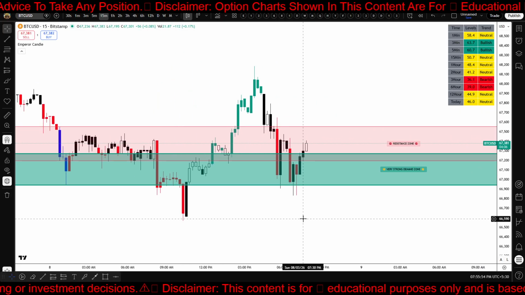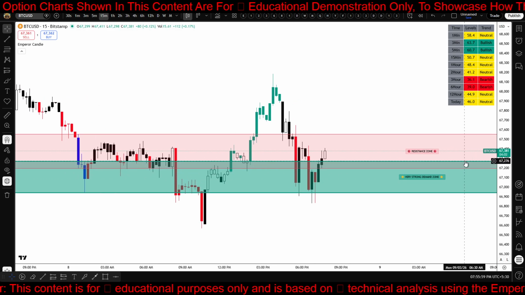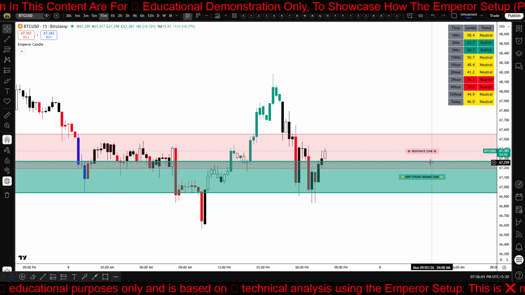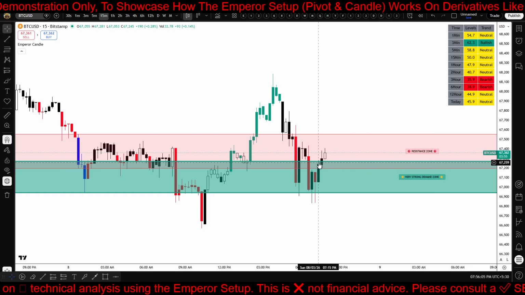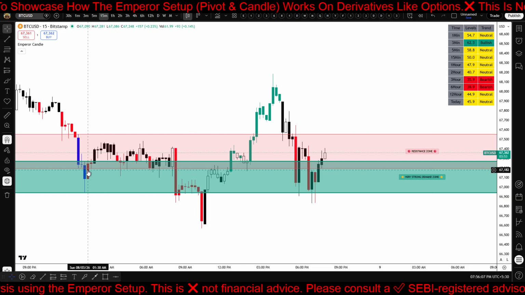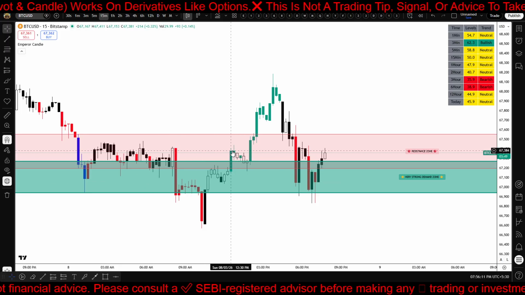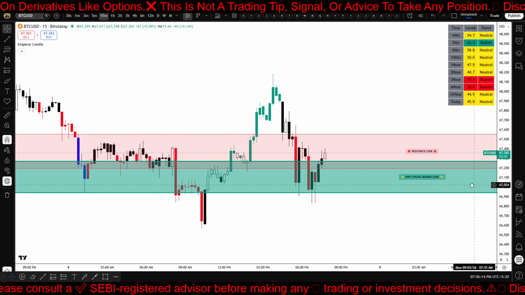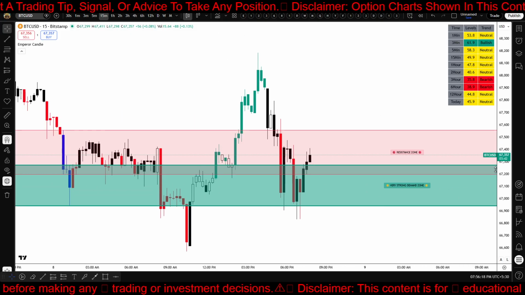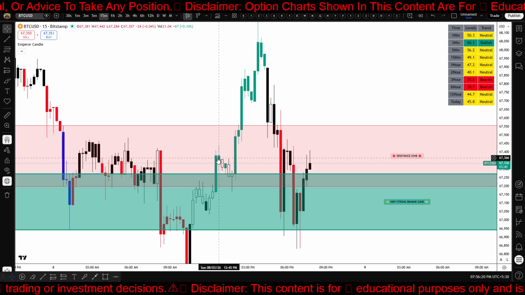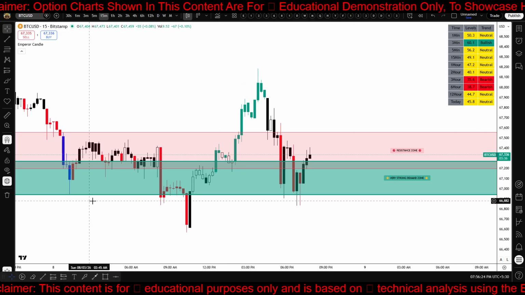As you can see on this, Bitcoin is live now while I am recording. So as you can see, this is our last blue candle and the market has closed above its high line price. Its high line price was 67,273 as you can see on the chart. And when this candle closed above this high line, the market marked this zone as a very strong demand